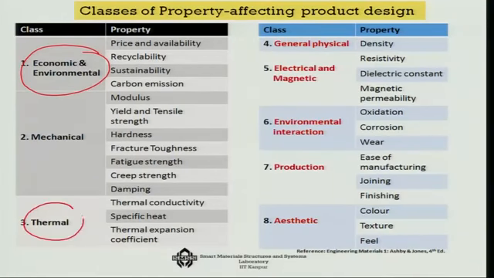So, if you look at the thermal aspects, one very important consideration for choosing a material is the thermal conductivity. If you think of the railway line example that I gave in the last class, if the railway lines have a high degree of thermal expansion, then the lines will have a high degree of thermal stress, because you have to contain that expansion, and that thermal stress will create failure in the lines. So, hence you have to choose a material which has a reasonably lower degree of thermal conductivity. Again, for other applications you may actually need a high degree of thermal conductivity.